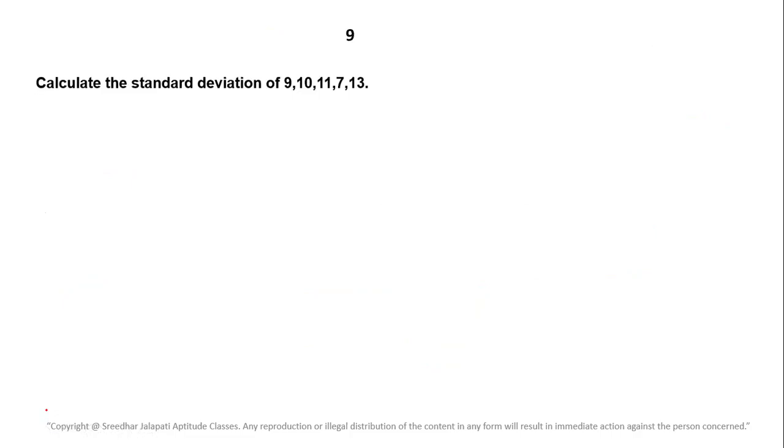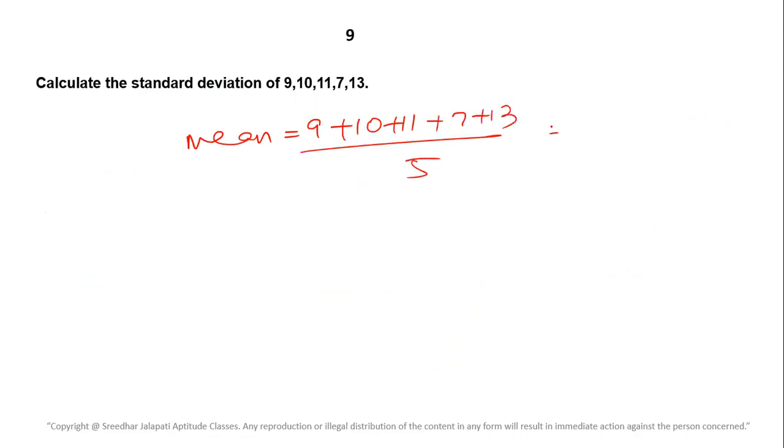Question number 9. Calculate the standard deviation of this data. You are asked to find the standard deviation of this data. By the way, how do you find standard deviation? First of all, one has to find the mean. So mean is the sum of these elements, 9 plus 10 plus 11 plus 7 plus 13 by 5. So this is 19, 30 and 20, total 50 by 5, 10. So mean is 10. Now find the